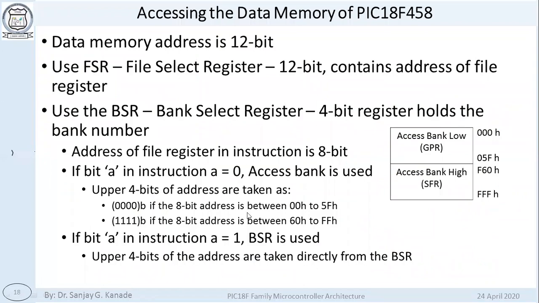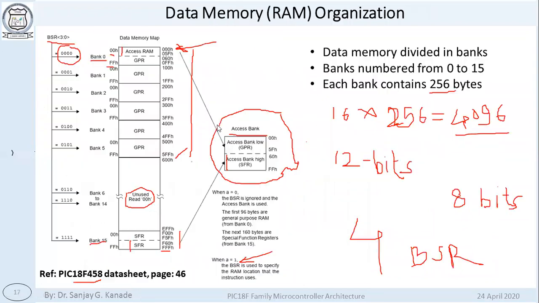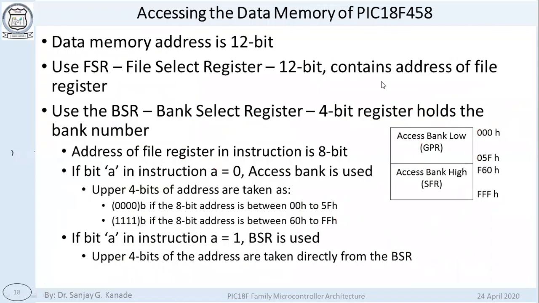I have explained this again here, because earlier it was not clearly visible. You can see it written again. All we want is for a 12-bit address to be created. The most common way is to use the BSR or the access RAM. There is another way, using FSR, the file select register. It will hold the 12-bit address directly and can point directly to the memory. However, this is only useful for indirect addressing mode.